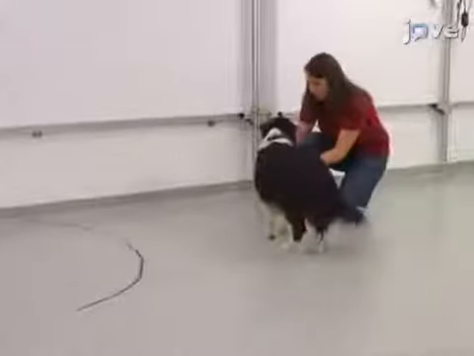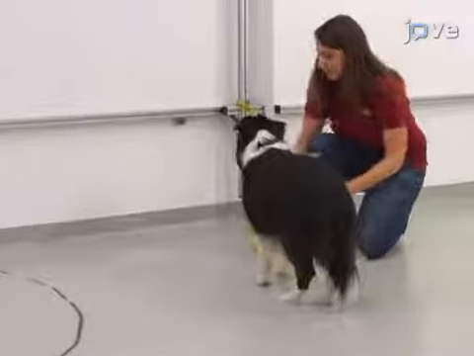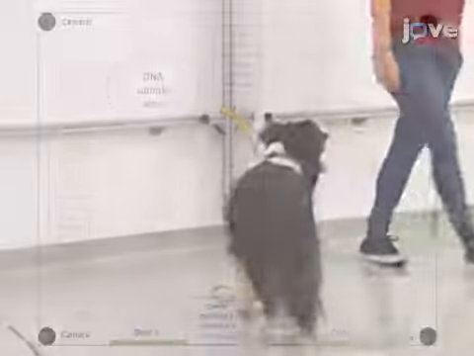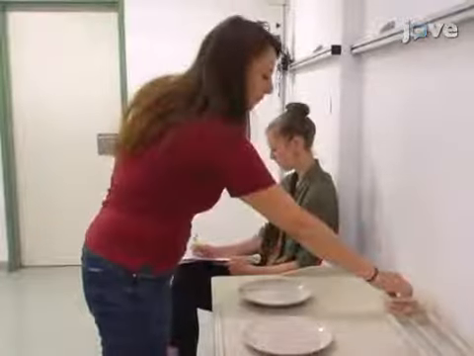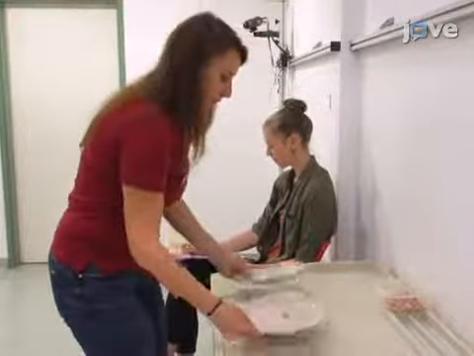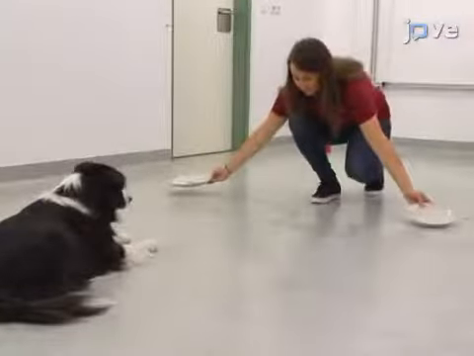Put the dog on a leash and tie it to the wall directly opposite the owner. Then, from the table positioned by the owner, prepare 2 plates, one with a piece of sausage and one that is empty. Set the plates 1 meter apart and 1.5 meters from the dog. Then,